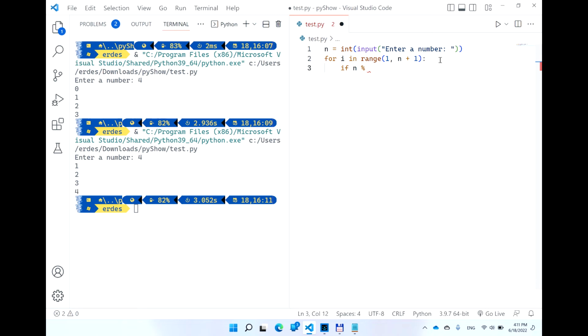So if n mod i is equal to 0, in other words, if the remainder is 0,